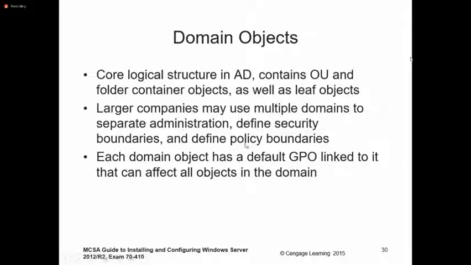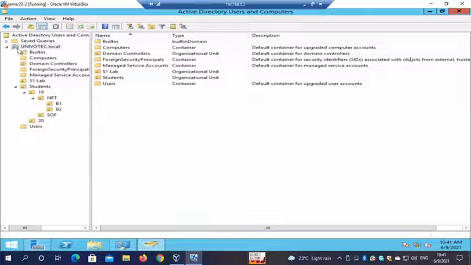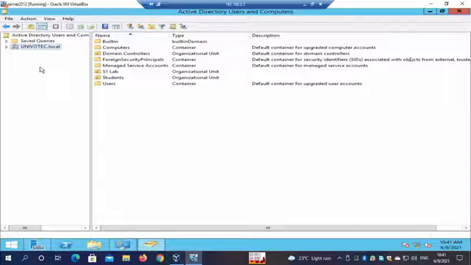So they might need to have separate security and policies. For example, each domain object has a default group policy. If you take each domain object, there's only one domain here, but let's say there are two or three domains. Each of these has a default group policy. I showed you last time, right? It's the default domain policy.